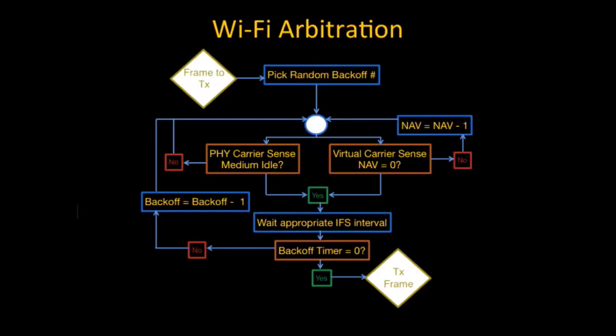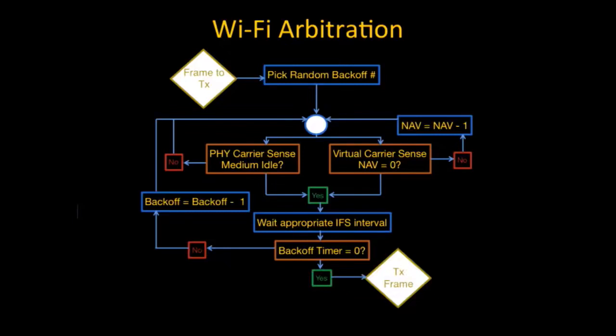Here's a flow chart which basically describes that concept. An access point, very excited, has a frame to transmit. It picks a random back-off timer, and then it checks to make sure the Wi-Fi medium is free and that it hasn't heard a frame. If it has heard a frame go by, it counts down its NAV value to 0. When the NAV counter hits 0, it checks again to make sure that the energy detect is below a certain threshold. If both of those conditions are true, it waits the mandatory space, which is our interframe spacing,